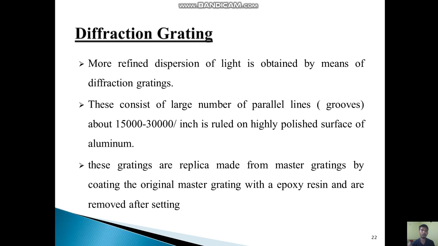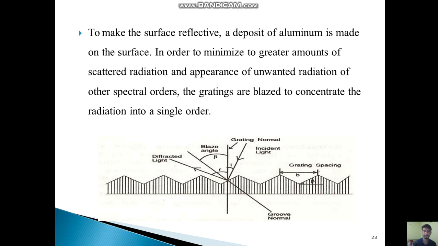For diffraction grating, a more refined dispersion of light is obtained, and it consists of a large number of parallel lines, about 15,000 to 30,000 per inch, ruled on a highly polished surface of aluminum. These gratings are replicas made from master gratings by coating the original master grating with epoxy resin and removing it after setting.